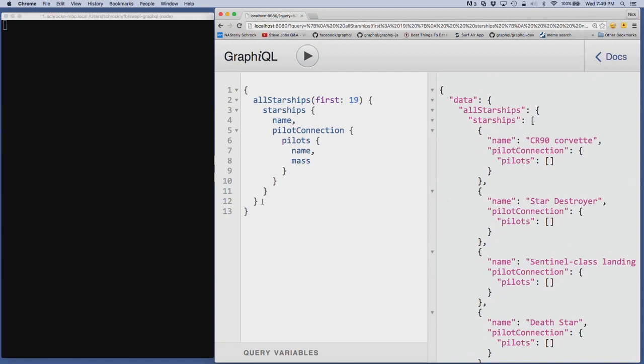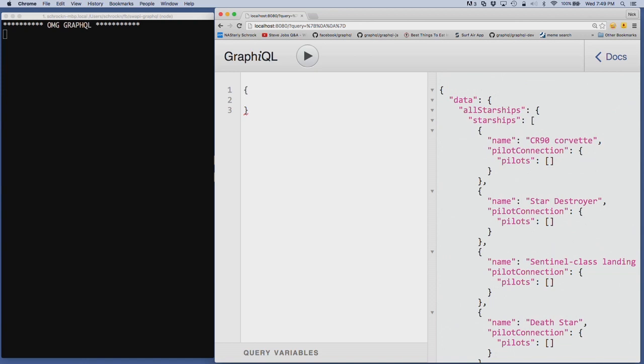So this is GraphiQL. You know the world of REST, where you go to an API, you're browsing around a website, then you're looking at the documentation, and generally it's pretty tool-poor. Well, look at the world that we live in. You start typing things,